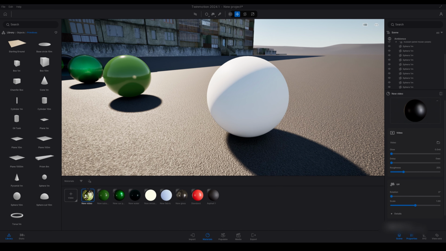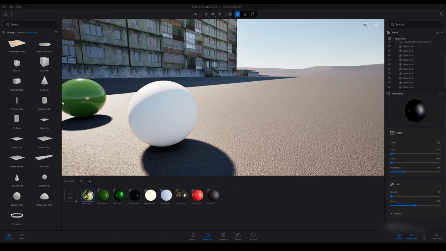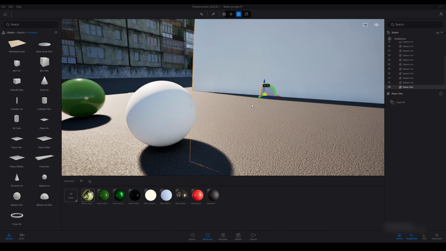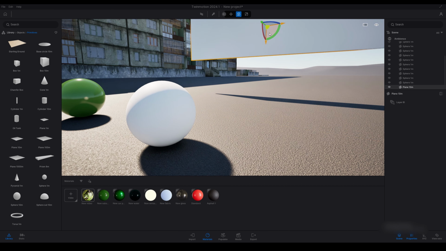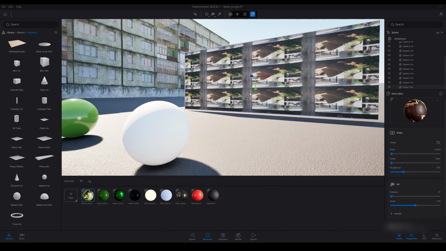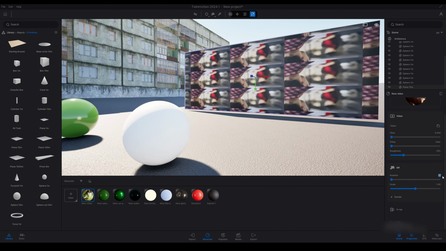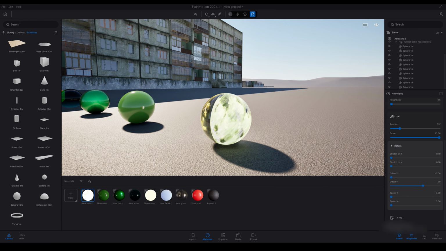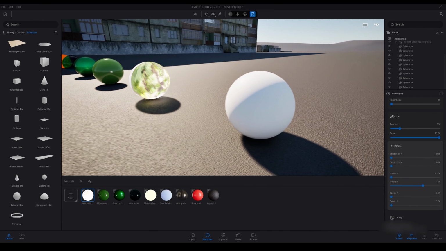Next material is the video material. So if I apply this video material to the sphere here, or even better, I'll place this plane. I'm not going to apply the correct scale, but I'm just going to put the video texture material onto this plane so you can have an idea of what it looks like. So you can actually change the rotation of the video and scale. I'm just going to apply the video material to my sphere. Now it's going to move on to the next material,